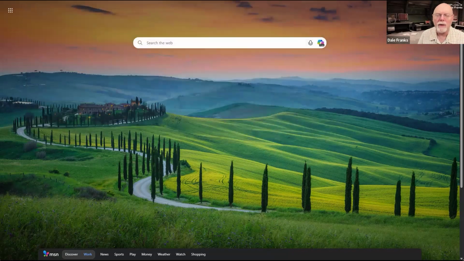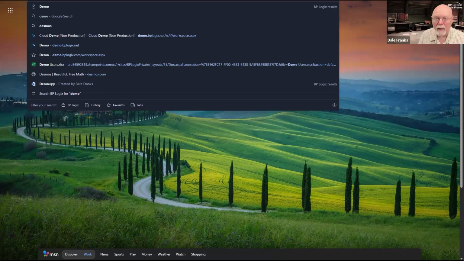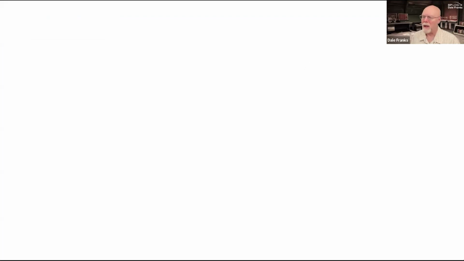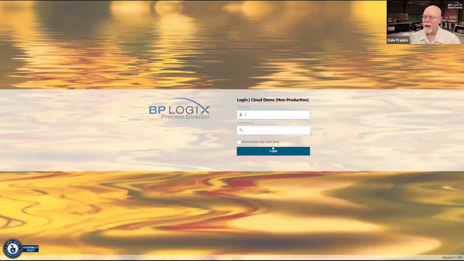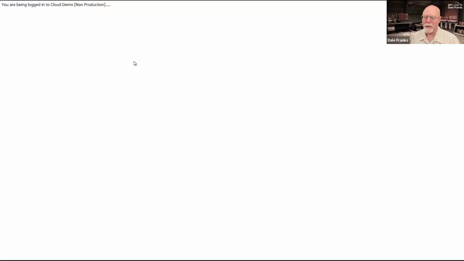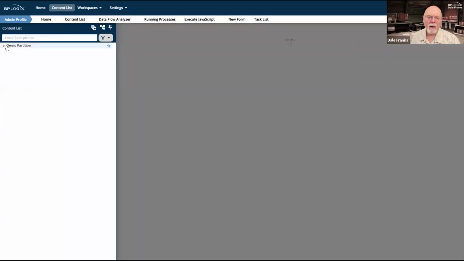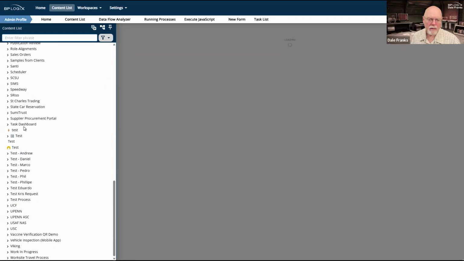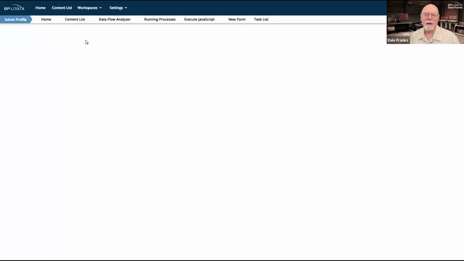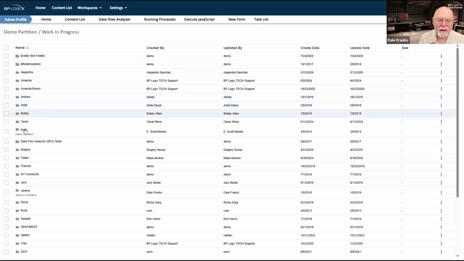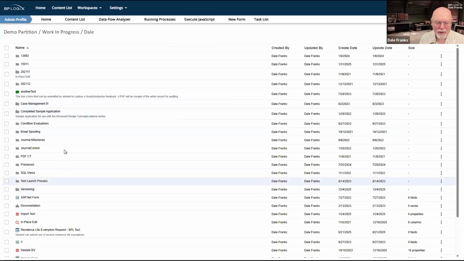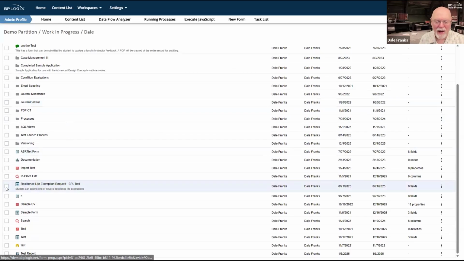But let me go to demo.bplogix.net and I'll just log in as BPL support here. And we'll go to demo partition, work in progress. And Dale, I'm sure I have a form in here somewhere that I've built at some point since 2014.